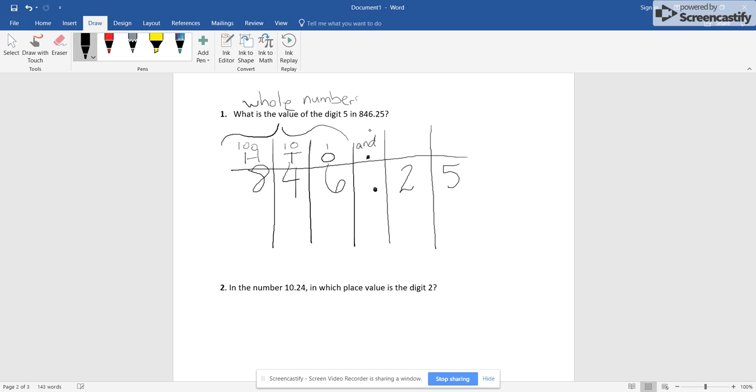So I want you to think of dollar bills. Okay? So these are all dollar bills. No coins whatsoever. All bills. Okay? And to the right of the decimal,